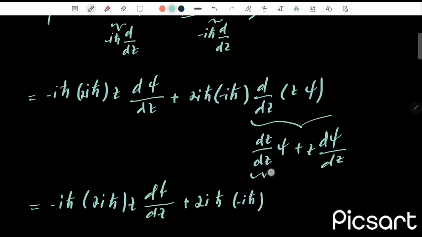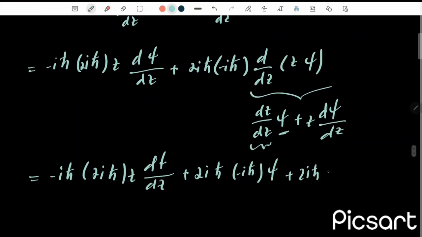Here we have 1, then we have only c, which is this, plus again 2iħ minus iħ times this term, which is z times d of c over d of z. Okay,